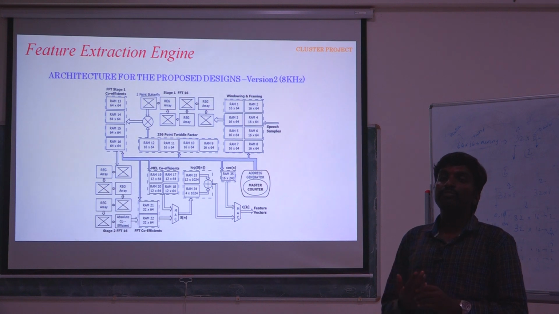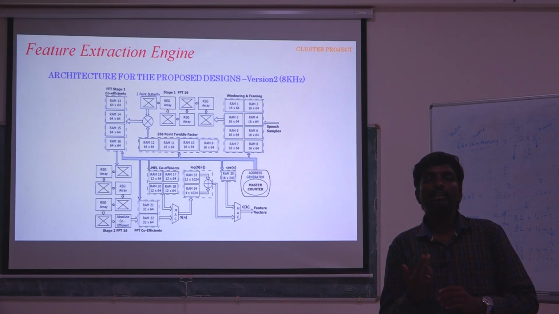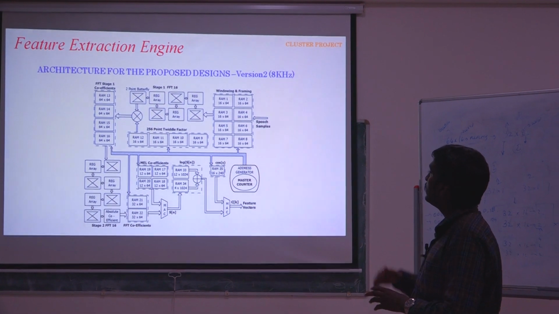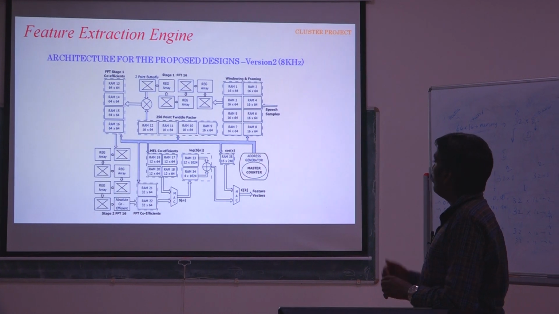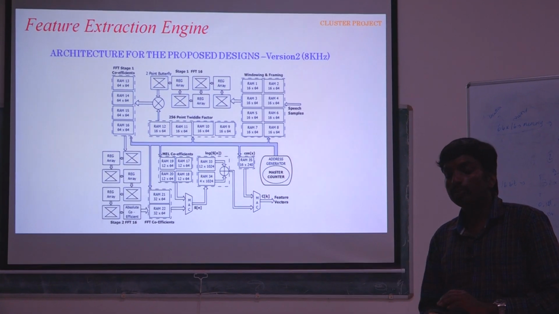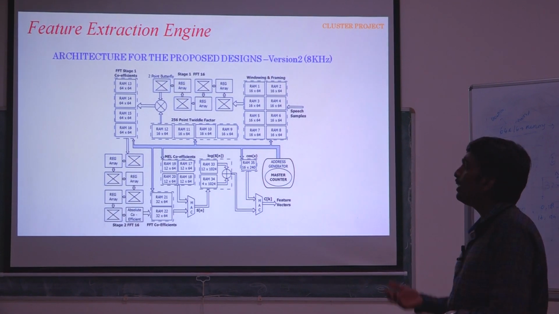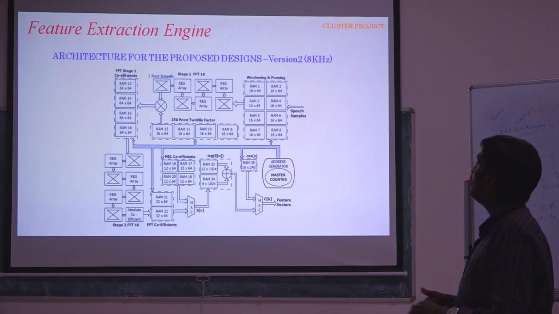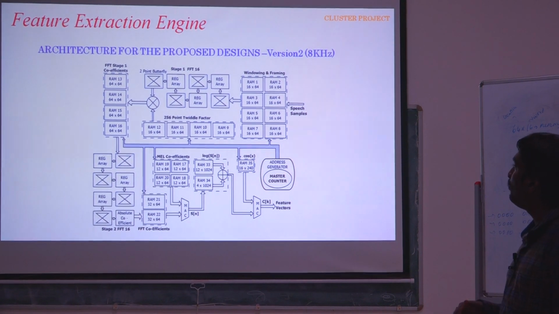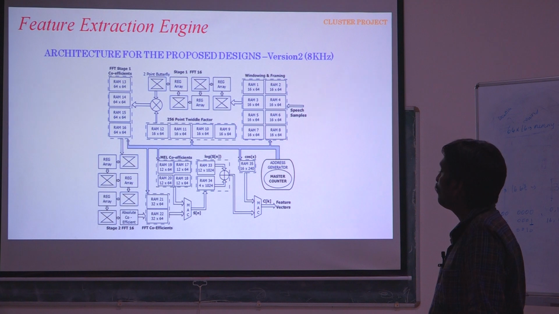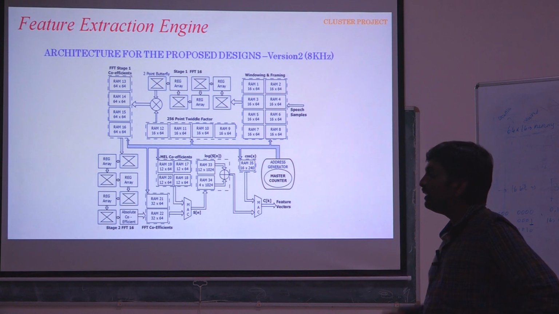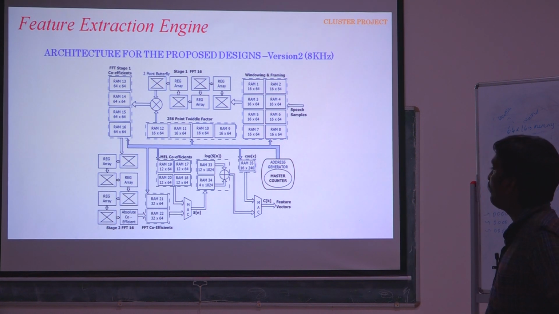So two subframe FFT computation, FFT 16 computation, will happen in the stage 1 FFT. Once stage 1 FFT is completed, from the twiddle factor memory we'll read 4 twiddle factors for the multiplication, and this value will be multiplied with the stage 1 FFT output and stored in the FFT stage 1 coefficient RAM, which has RAM 13, RAM 14, RAM 15, and RAM 16. Once FFT stage 1 is completed, it will go for the stage 2 FFT 16.